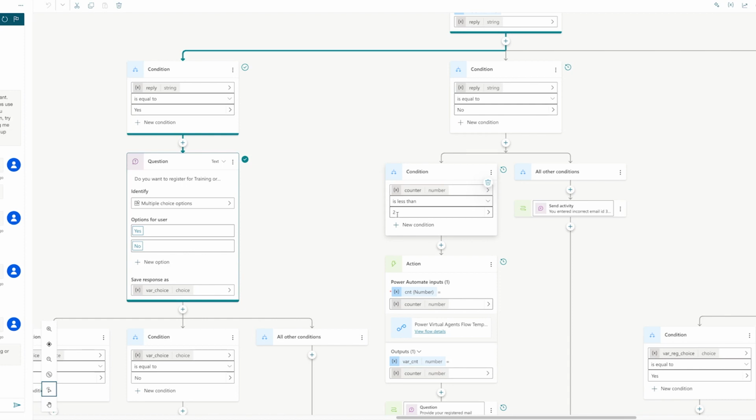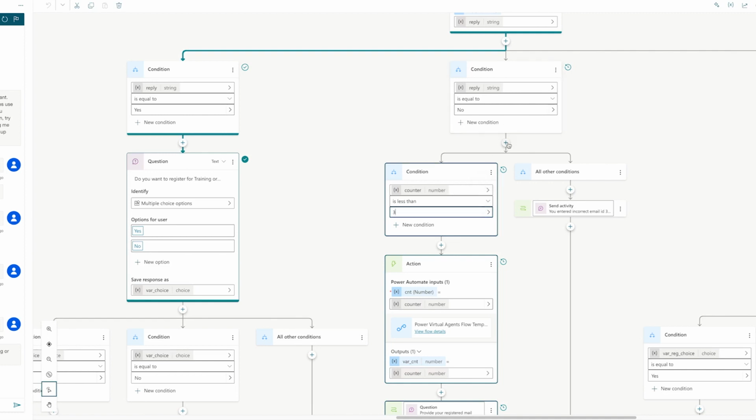Basically, if I say right here 3, let me just edit here and write 3. So it will start with 0, 1, 2, 3. Okay, less than or equal to. So basically it will ask for the email ID 4 times. So if you are starting with 0, then you should write 2, and if you are starting with 1, then you should write 3. So it depends upon how you have done that.